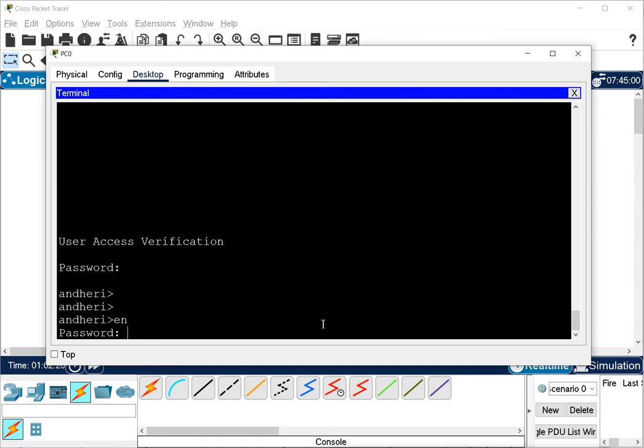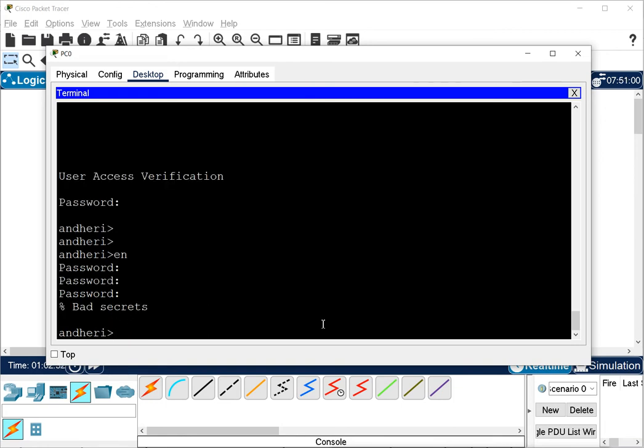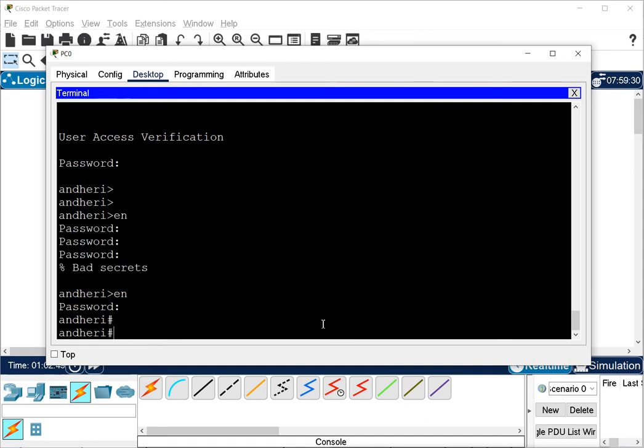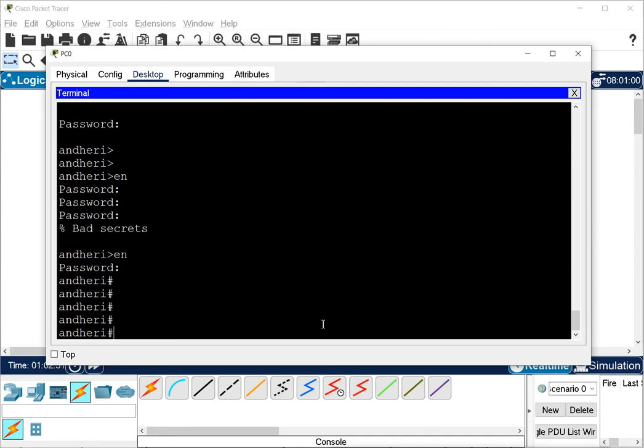I try the enable password ABCD, which is not secure, and it is not accepting it, because once you configure the secret password, the normal enable password is not valid. So I have to give the secret password XYZ, and now I logged in. Once we configure the secret password, we cannot use the normal password.